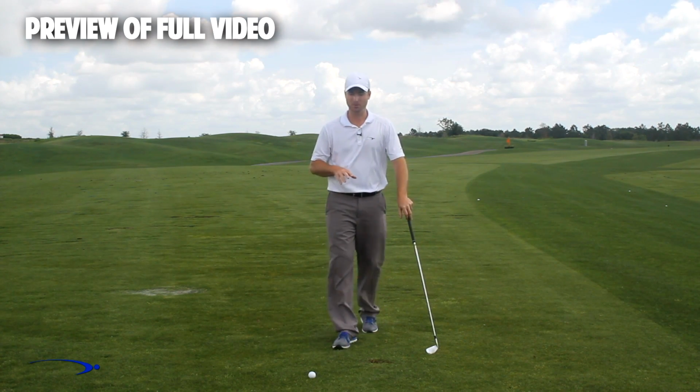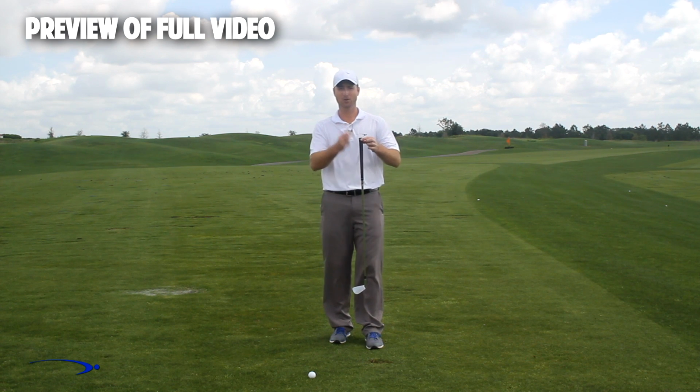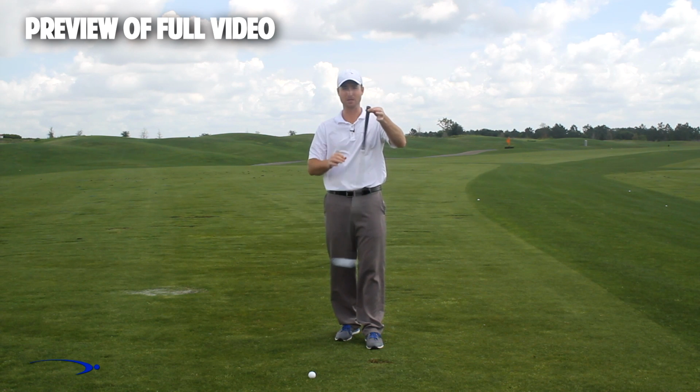Okay, so a 3-step drill here. Now, as we get started with this, I want to remind you that the fulcrum in this golf club for getting a massive amount of lag is right at the end of the golf club. This is where I want my hinge point to be. I want to use the